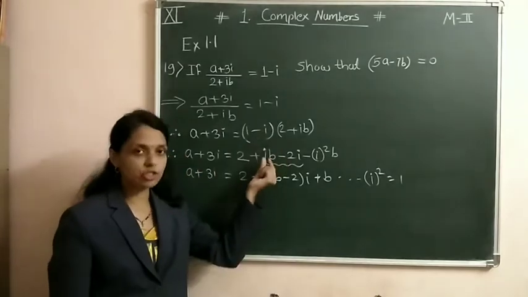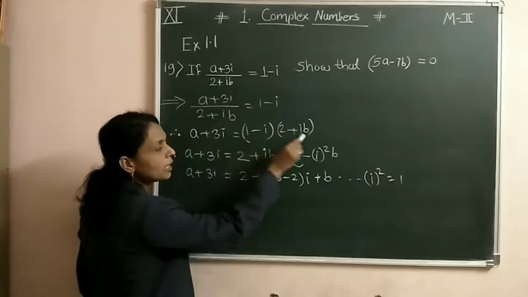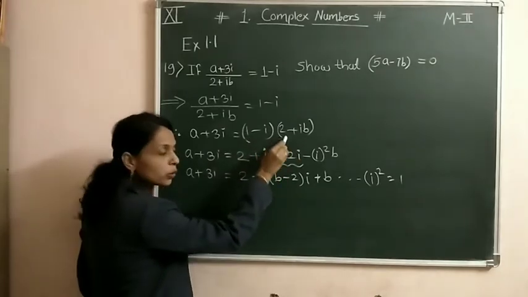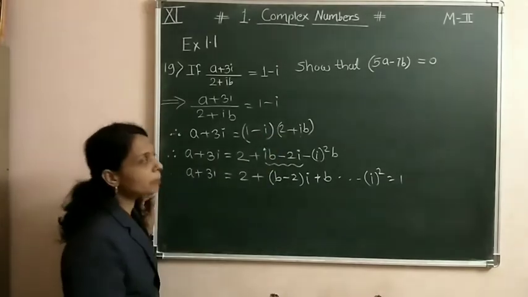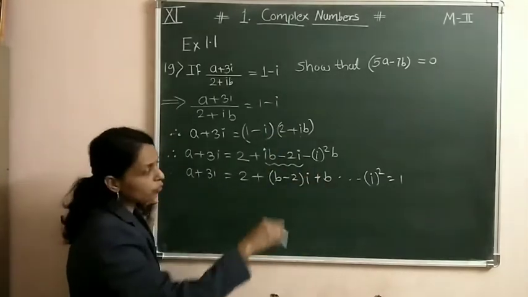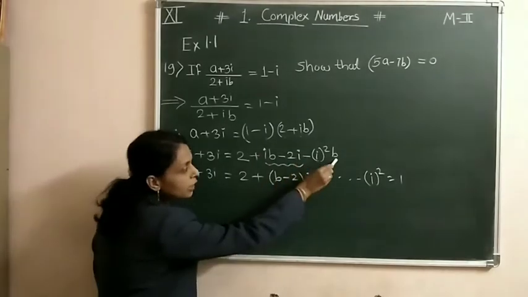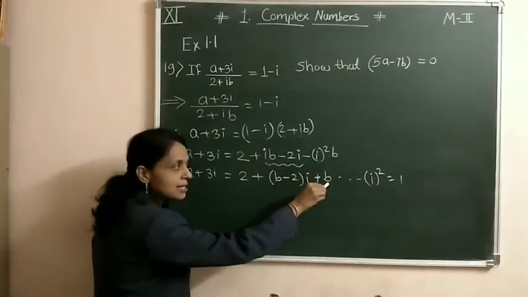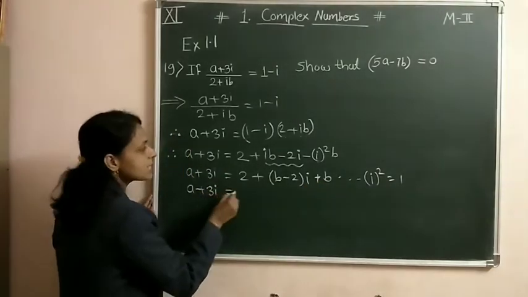When we did the multiplication, we got the answer: 1 into 2 is 2, 1 into ib, negative i into 2 is negative 2i, negative i into ib is i square b. The value of i square is negative 1. This negative 1 into negative becomes positive 1, and 1 into any term is the same as that, so b. a + 3i is equal to